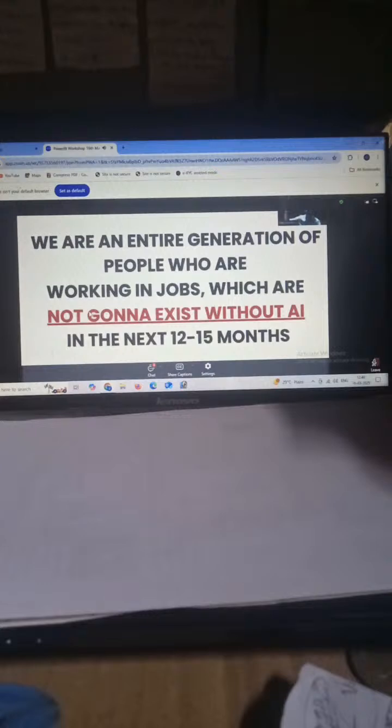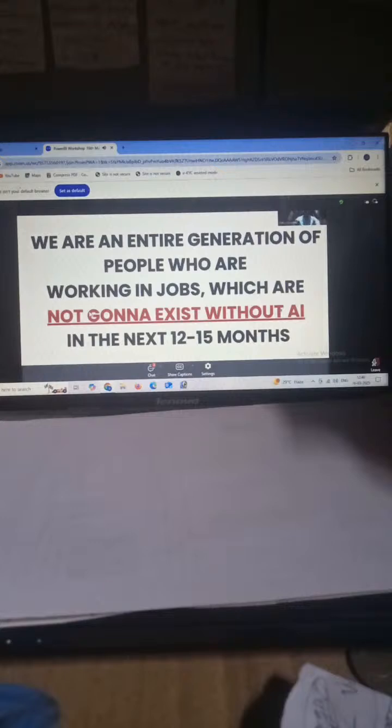How many of you absolutely agree with me on this? I have agreed to this. I know that my job is at risk. I know my family members, my employees, all of our jobs are at risk if we do not start to integrate AI in our existing jobs. How many of you absolutely agree to it? Yes,